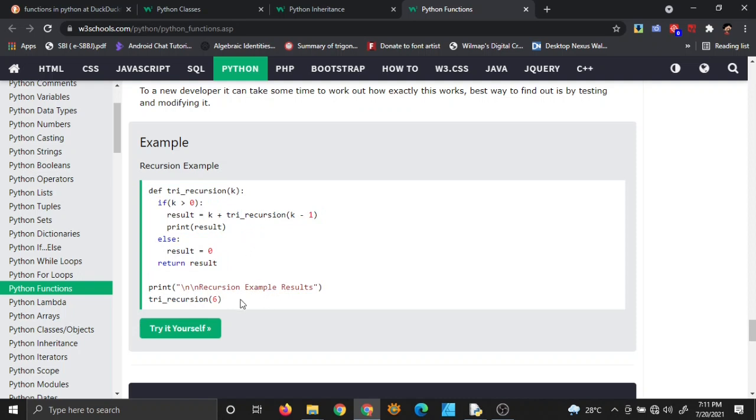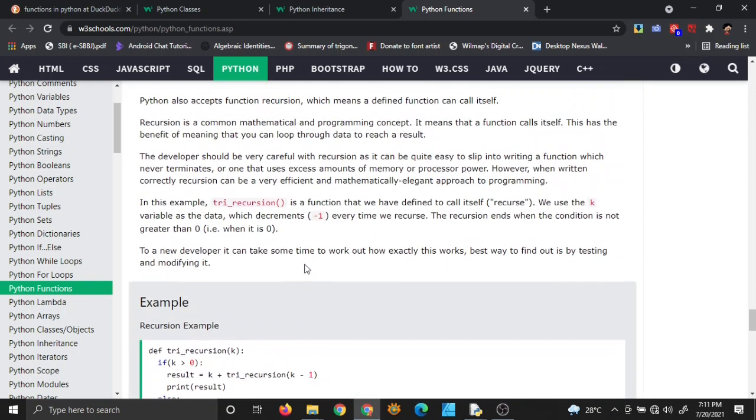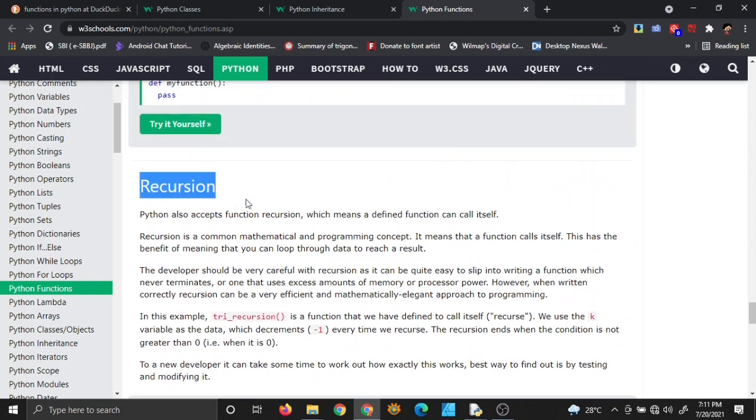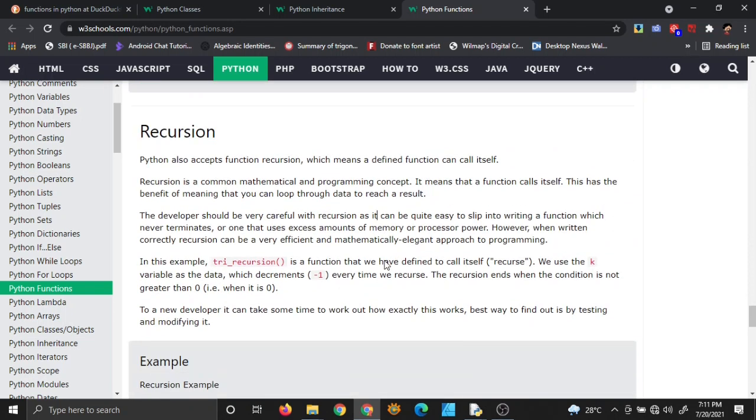So I'm not going to explain recursion to you because I'm not very good at it myself. Yes, this one is simple, but otherwise I prefer using loops rather than recursion, but it's up to you what you want to use. So I am in no position to explain recursion to you. So that's what it is.